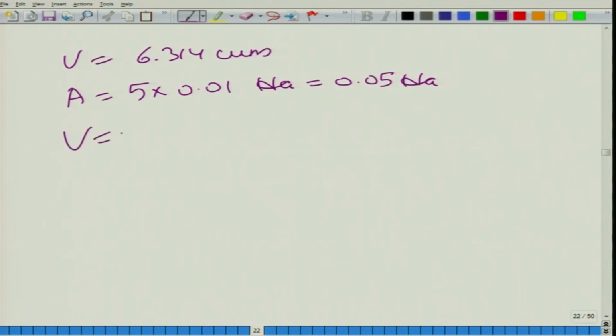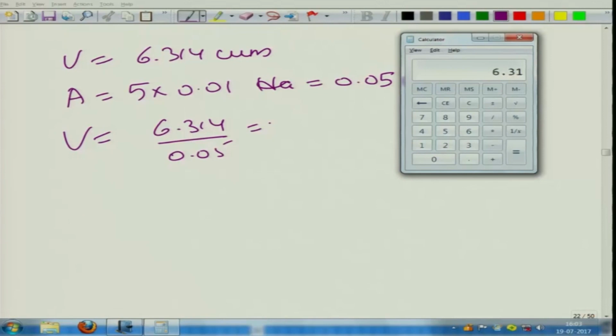So, what is the volume density that we will get here? It will be 6.314 divided by 0.05, which is equal to 126.28